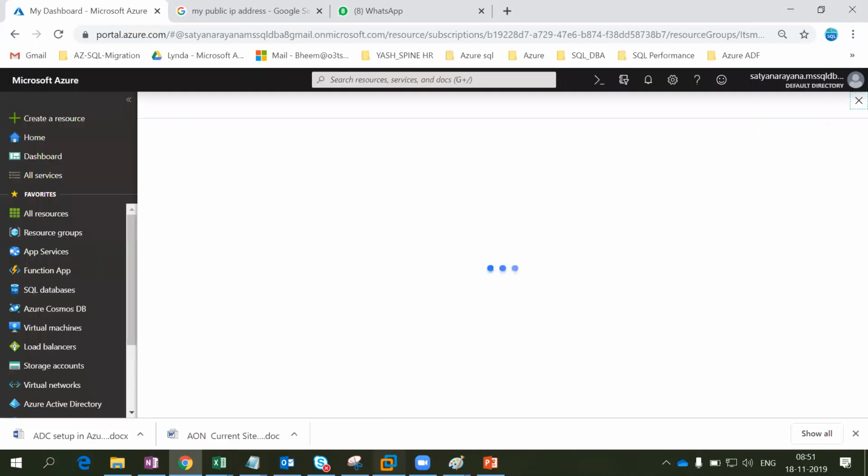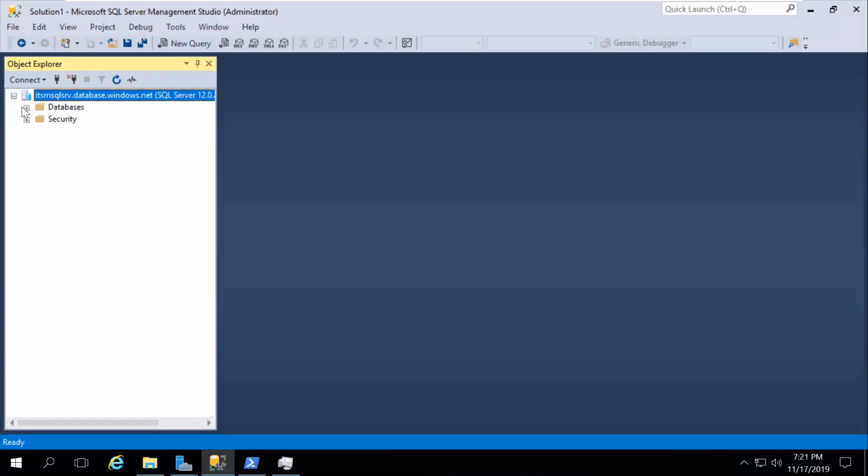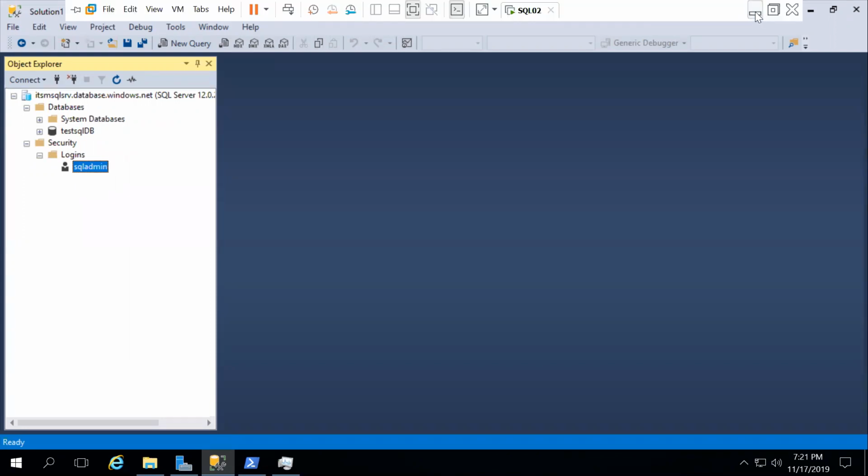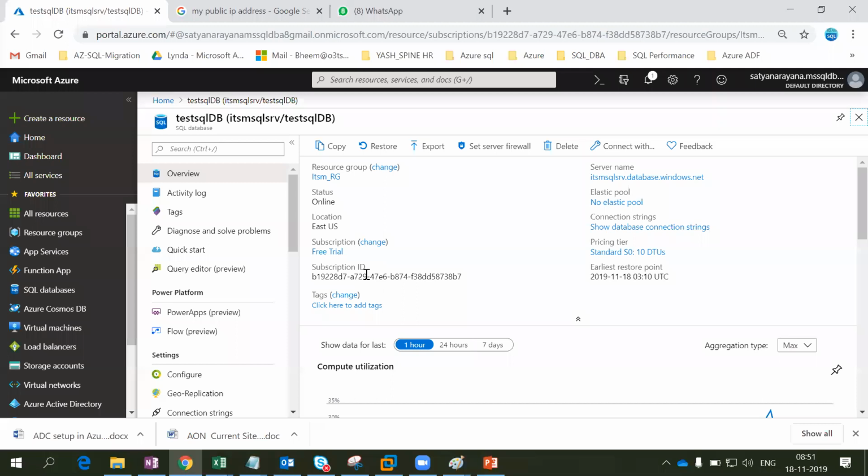All right, see here, I connected. So this is my logical SQL Server instance and the database instance. Now, if you look at the security aspect, only this SQL authentication user is available, right? Let me show you in the portal whether it is added or not.